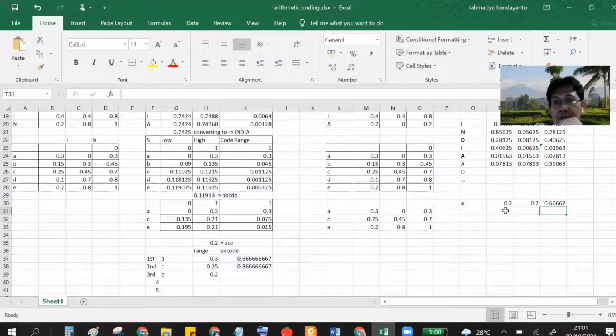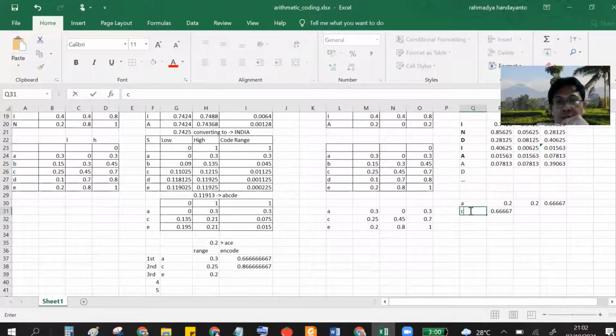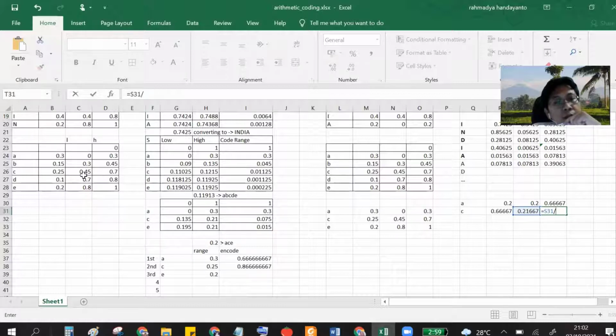and then you have the new number. You just copy this new number, and you see from the table 0.66 is the C. So you see the value is C, and then you have to subtract this by the lower bound of C, which is here, and then you have to create the new value by dividing this with the current range for C. C range is 0.25, I think.